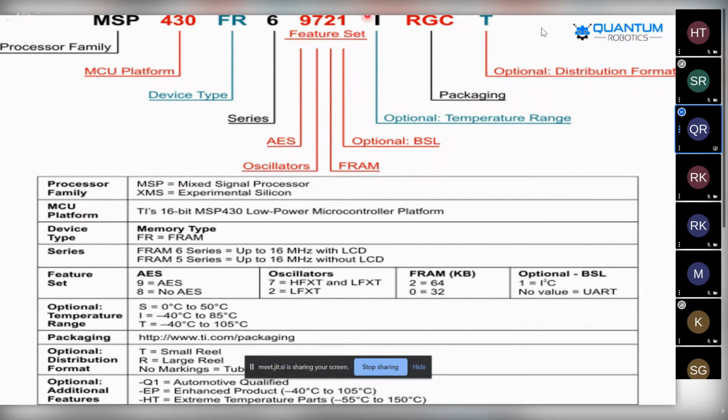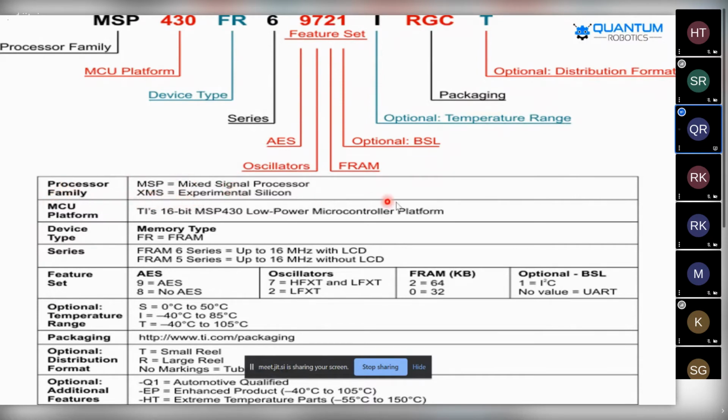Firstly, you should be clear about all these things, from where it has been defined, and what exactly you have got. Now we are going to the classification of the MSP430 F4697721IRGCT.